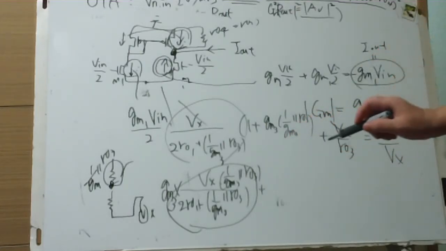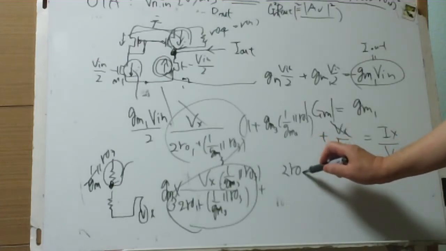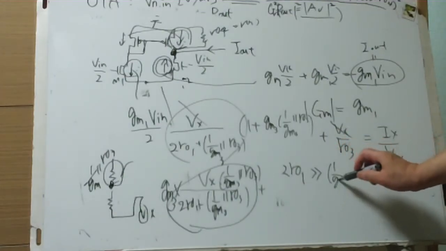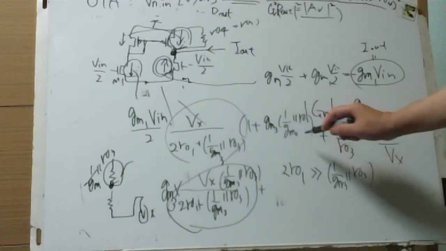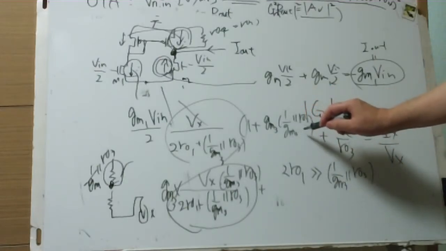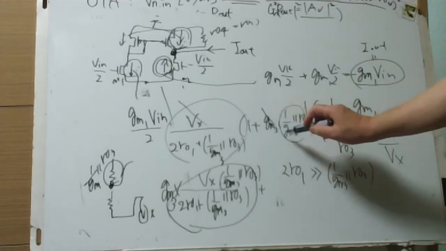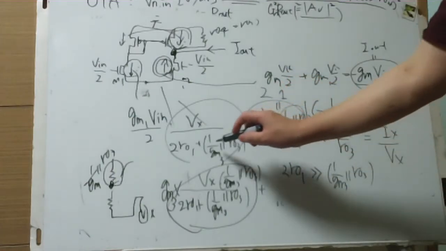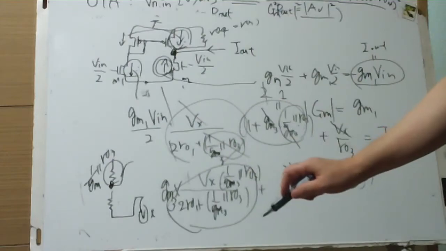the approximation is applied. 2RO1 is much larger than 1 over GM3 in parallel RO3, and also 1 over GM3 is very small, relatively very smaller than RO3. This is nearly equal to 1 over GM3, and this is nearly equal to 1, so this is nearly equal to 2, and this is very small, so this is neglected, and this 2 is cancelled out, so